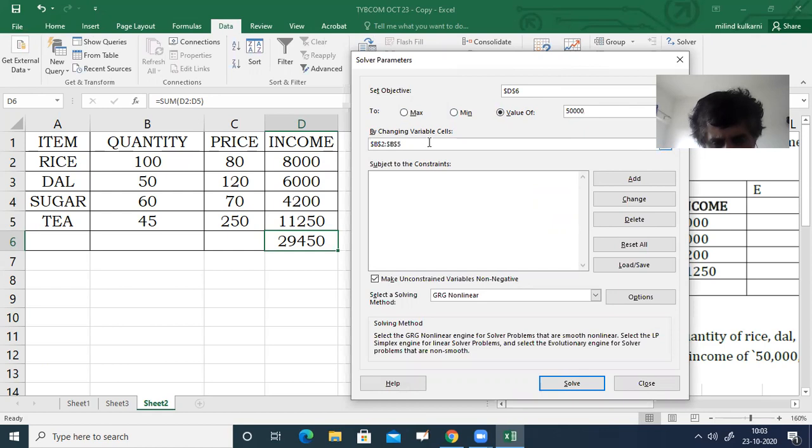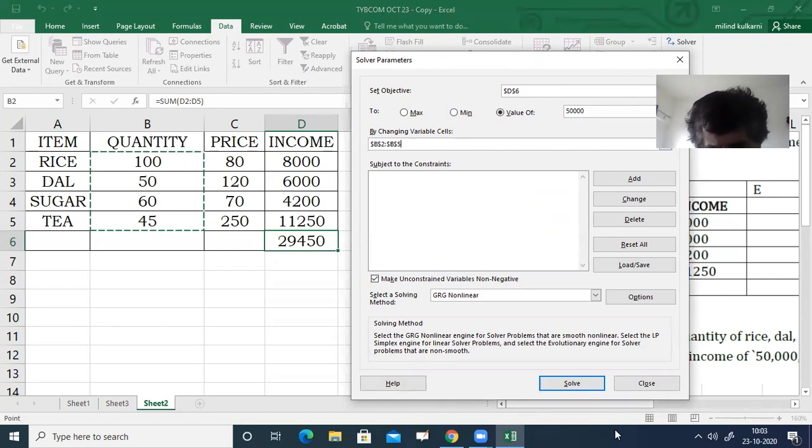Then click on By Changing Variable Cells, please check this address should be B2 to B5, because we are changing the quantity of rice, dal, sugar, and tea. Therefore, By Changing Variable Cells should be $B$2:$B$5.